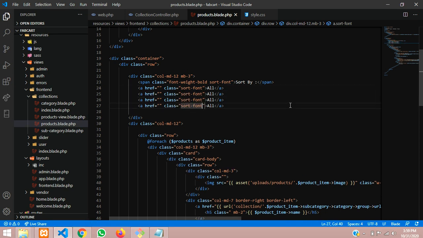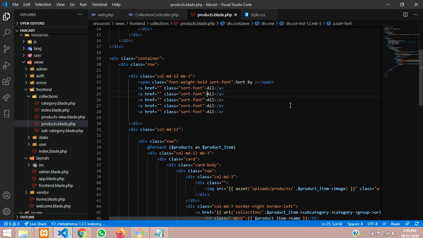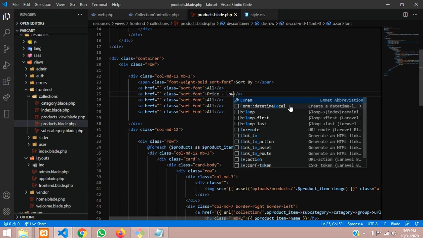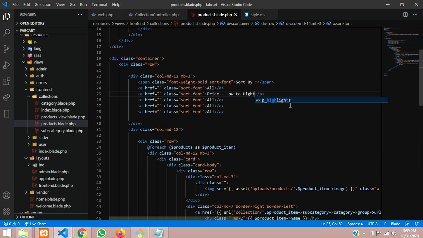Paste it for All, and then Price: Low to High, then Price: High to Low, and then we can mention Newest products.